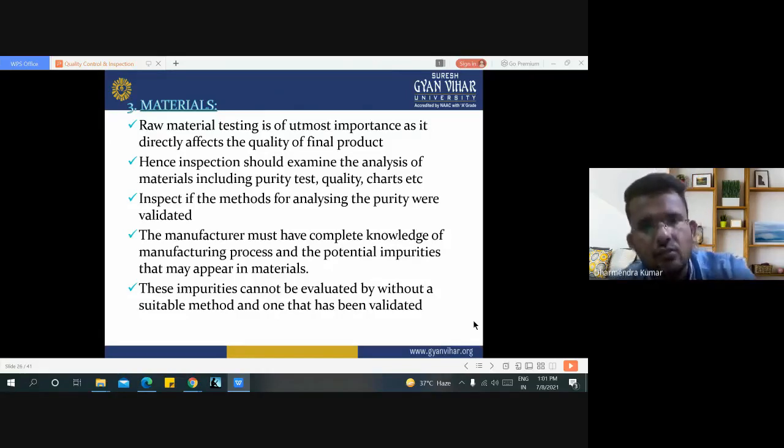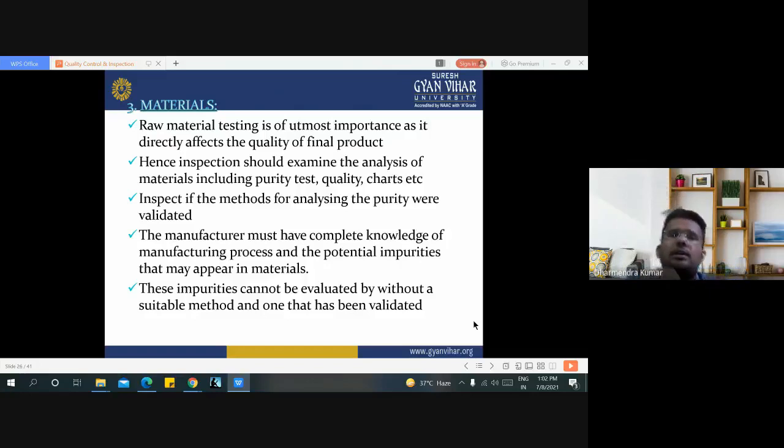Hence, inspection should examine the analysis of materials, including purity test, quality test, and so on. Inspect if the method for analyzing the purity was validated or not.